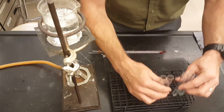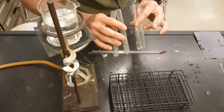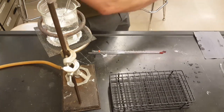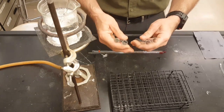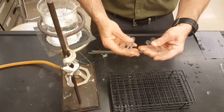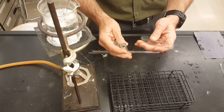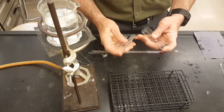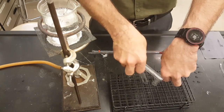And your test tubes will be taken to little plastic beakers that are in the middle of the lab. Dump them out into the beakers that are in the middle of the lab over here. I don't know if you can see where I'm pointing. And then take these to the main sink and rinse them out a couple times. I'll have some brushes over there with soapy water, and bring these cleaned and brushed test tubes back to your bench, flip them upside down,